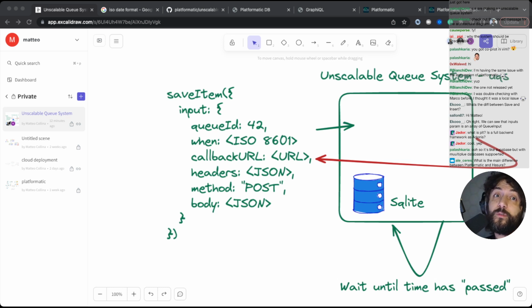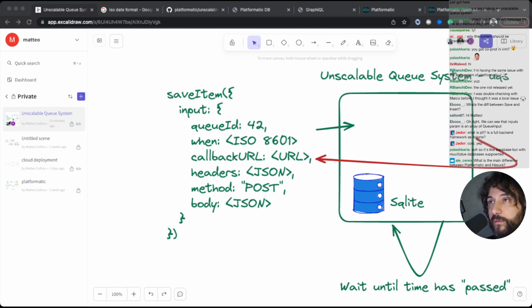Platformatic is written in Node, so you can actually just add a little plugin like that. We will do it right now, and you could build this kind of feature straight in without having external components. Also, Platformatic maps to OpenAPI, which it seems you all like more than GraphQL for some reason. So yay, happy days.